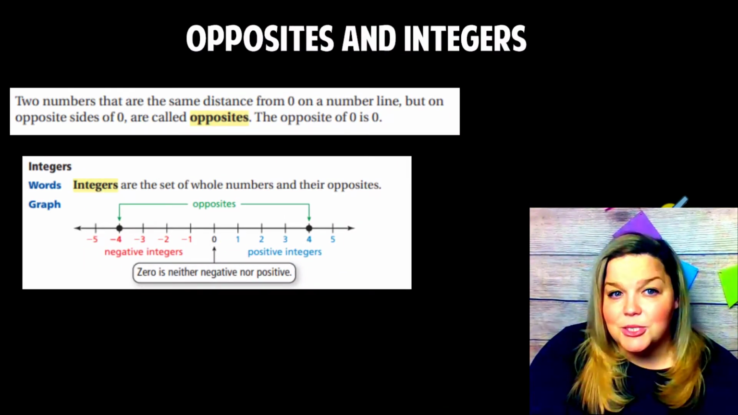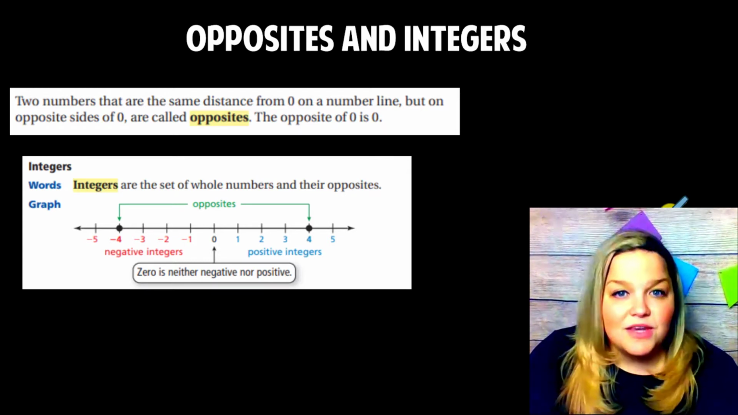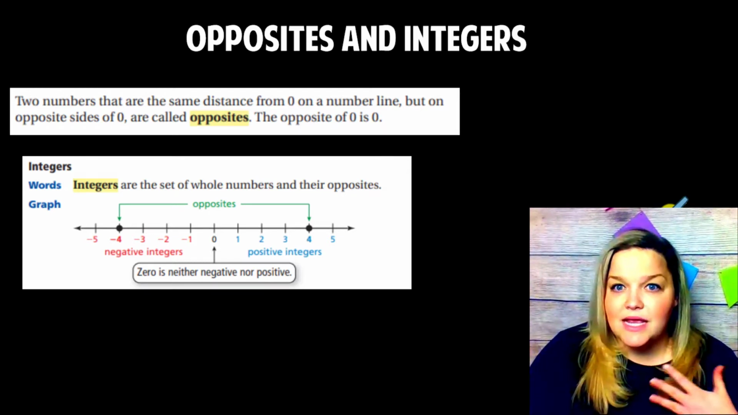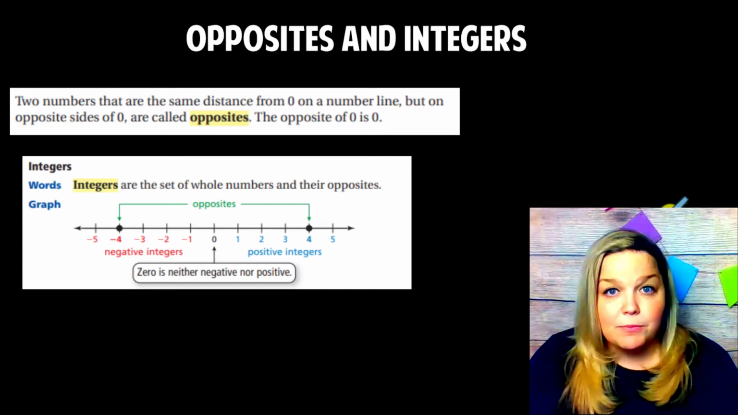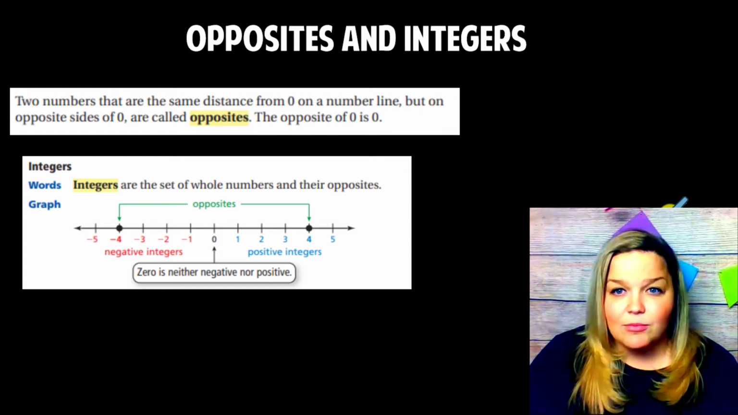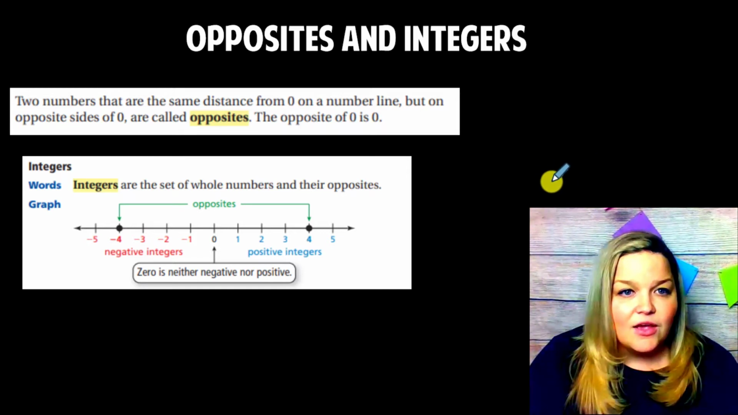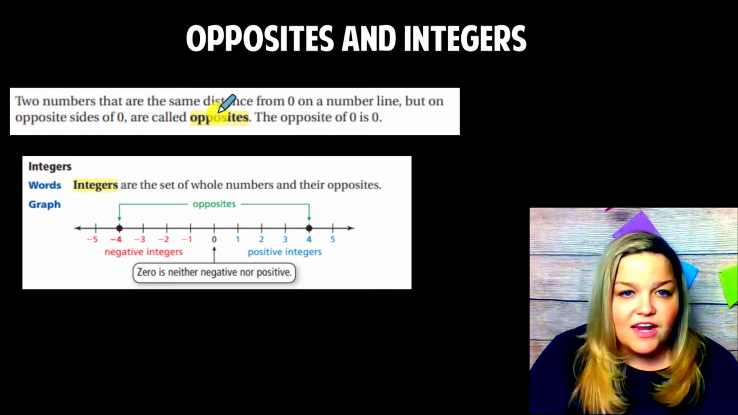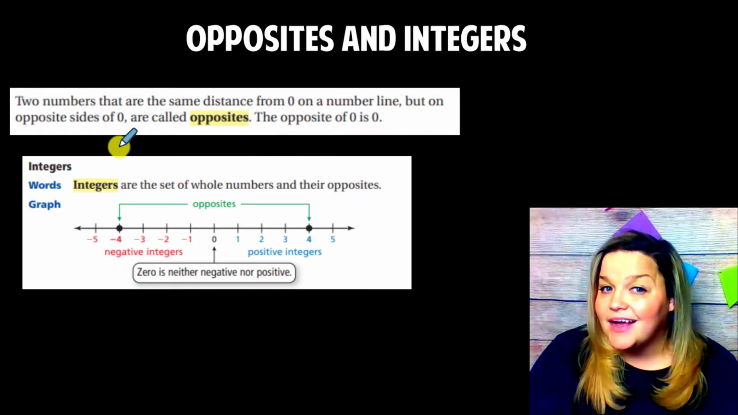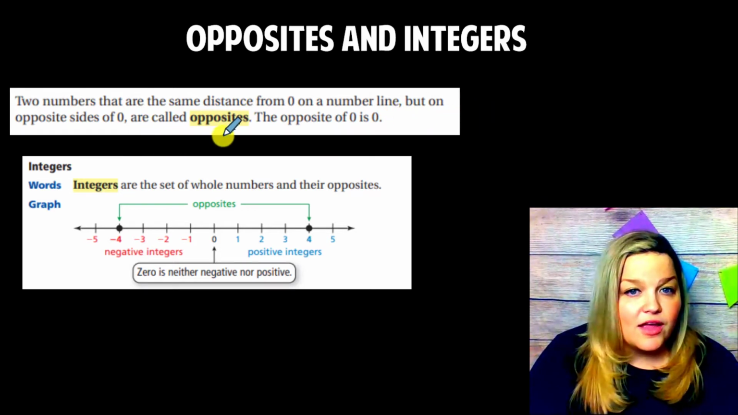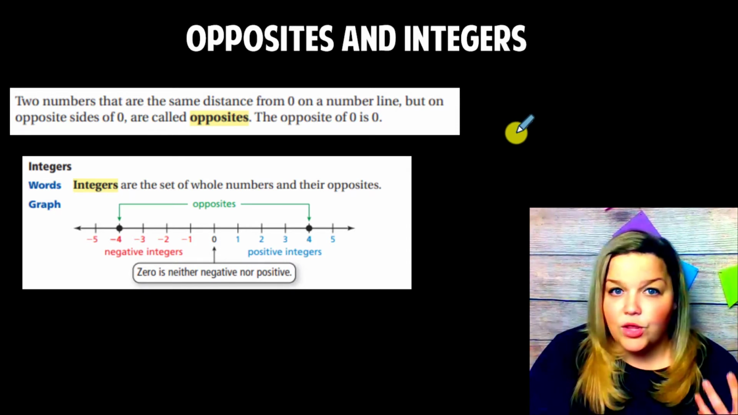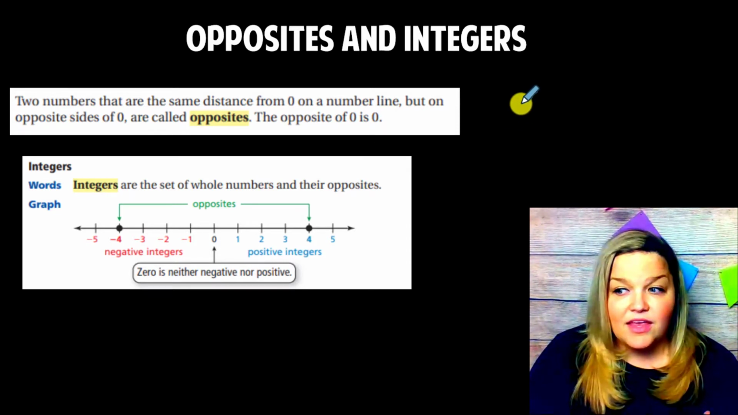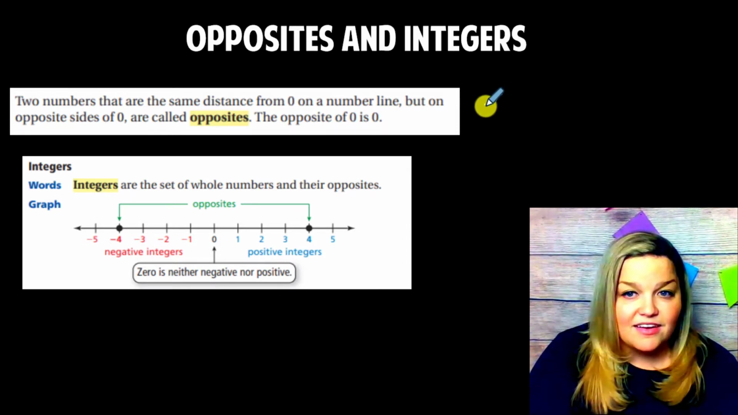Opposites and integers. So this may be something new for you. Now that we've established what positive numbers are and what negative numbers are, what on earth are opposites? Opposites are two numbers that have the same distance from 0 on the number line, but on opposite sides of 0. The one thing I really want you to zero in on is that opposites are defined by distance